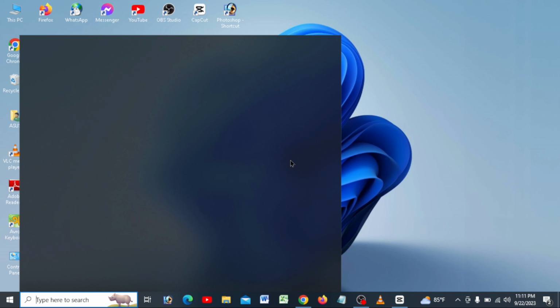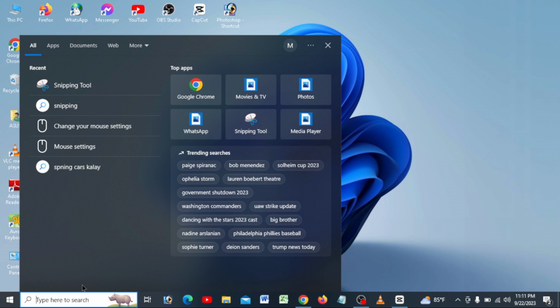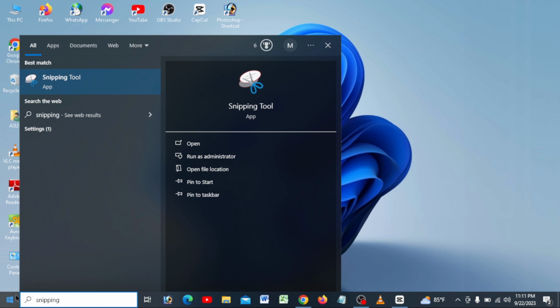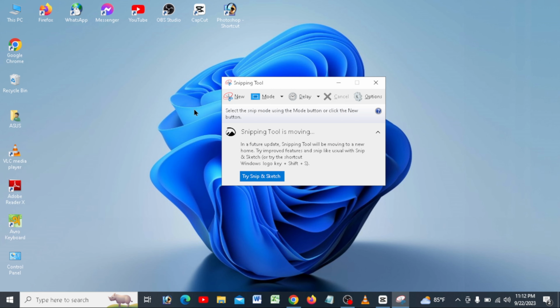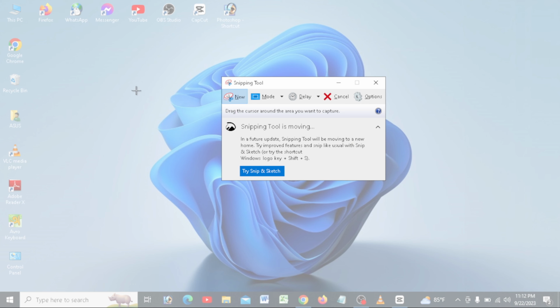The first process is, first of all, you have to open your search box. Then you have to type SNIPPING. Then you have to open this tool. Now click on New. Then you will see